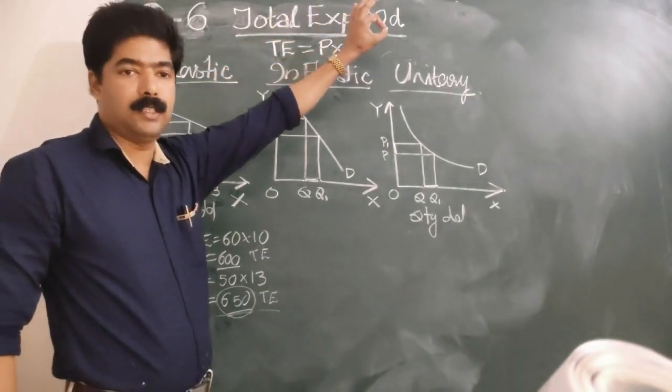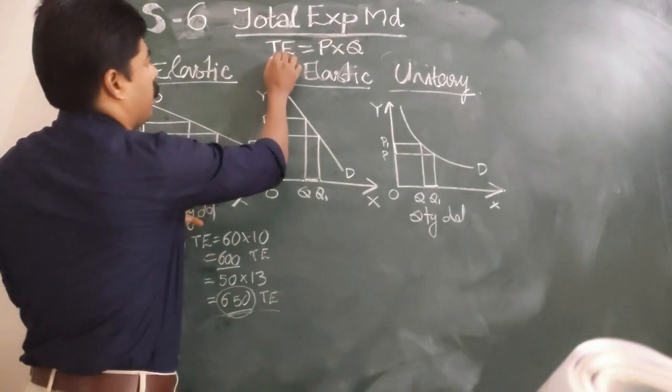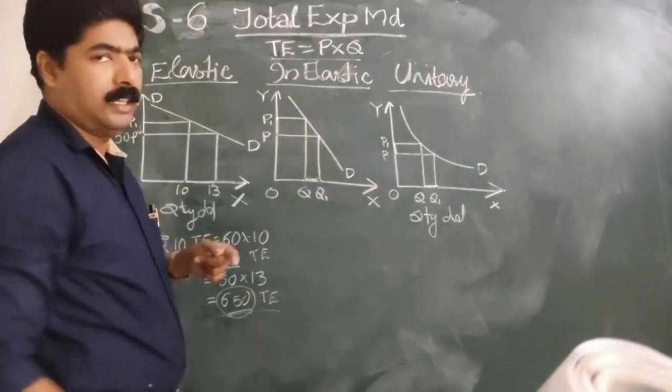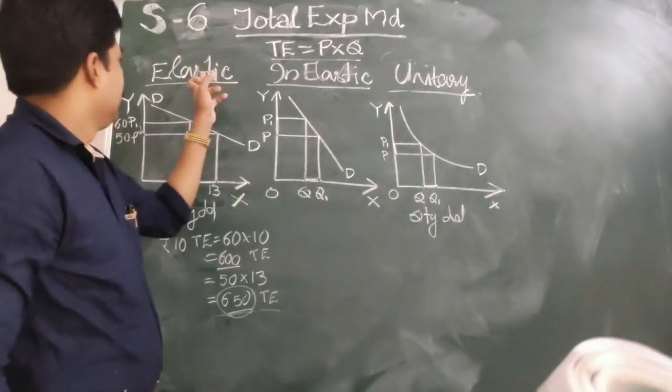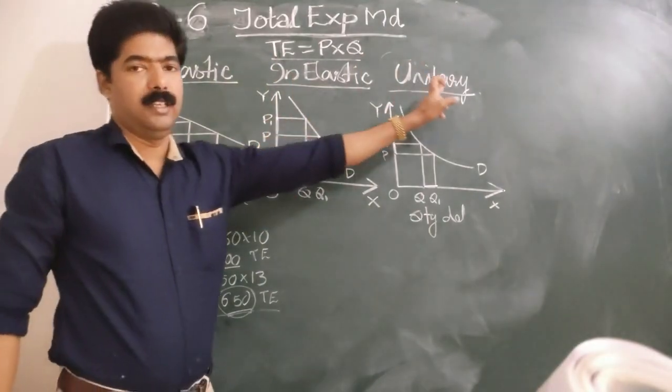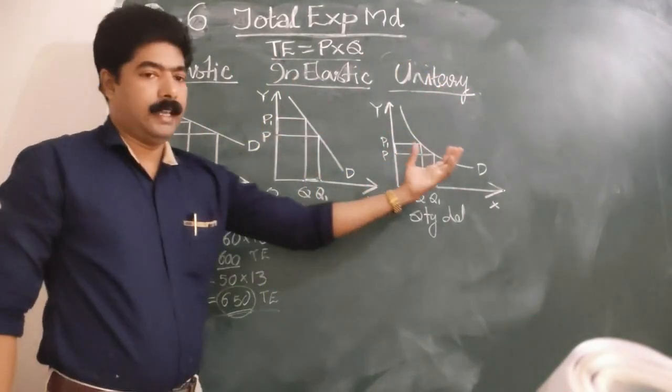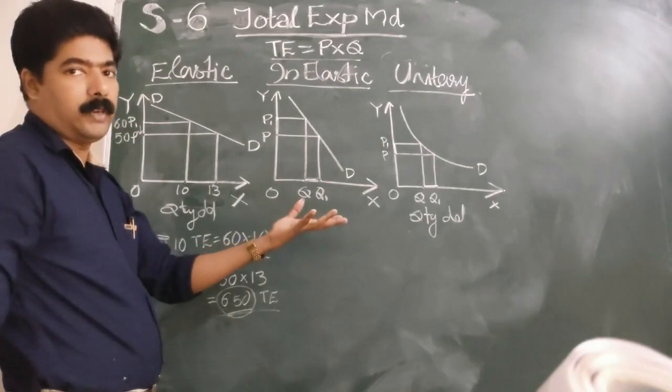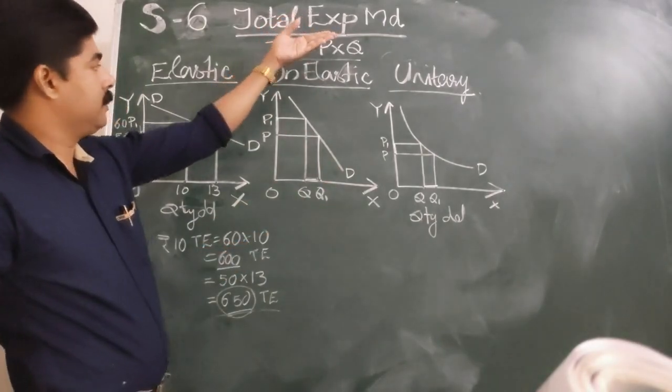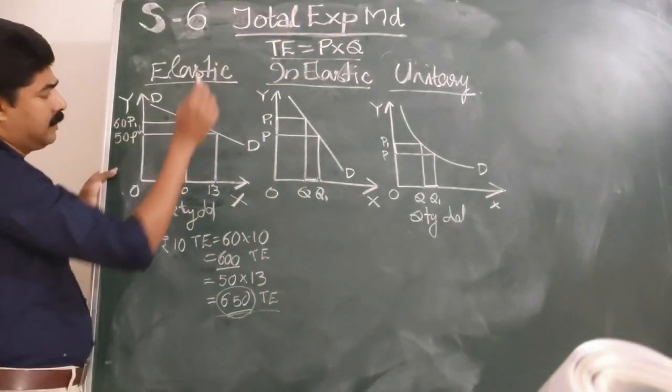What is the total expenditure method? What is the small formula to find out total expenditure? And there are three categories: elastic, inelastic, unitary. Three different diagrams. When you show these differences under the total expenditure method, to show the elastic, draw the